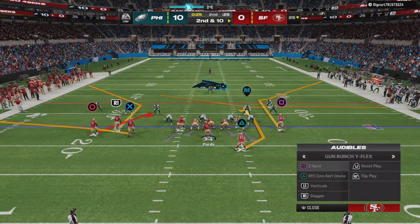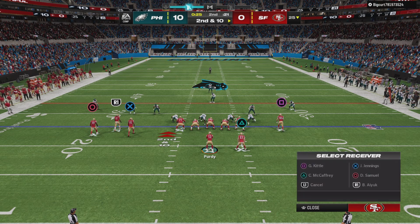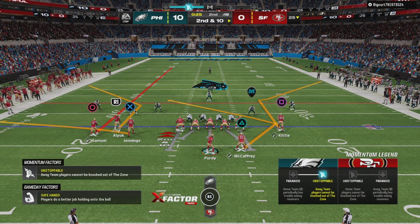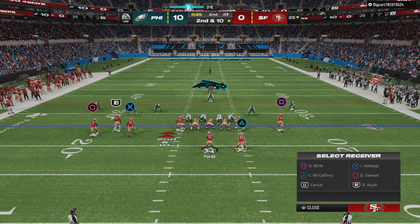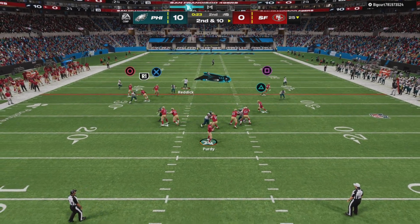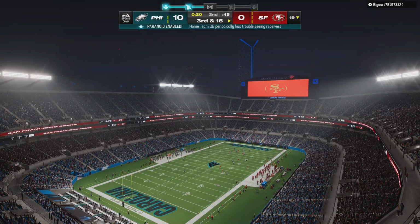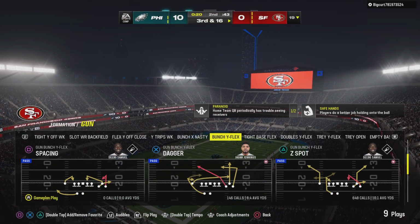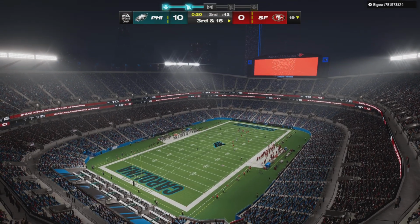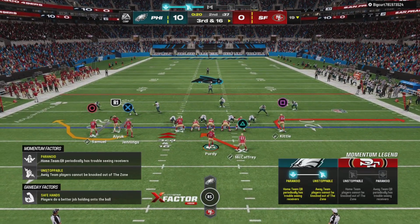So the incompletion, and now it's 2nd and 10, again from the 25-yard line. Back to throw, Purdy. Pressure comes, and down he goes. The Eagles get there for the sack. The Eagles going to take the first of their timeouts as the clock will stop with 20 seconds to go